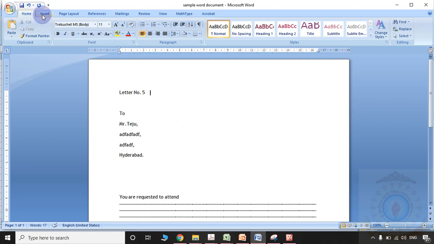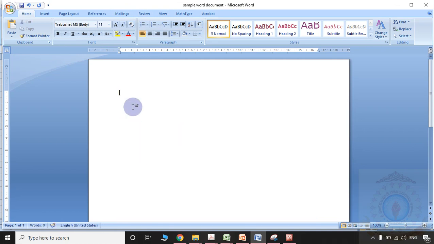In the MS Word document, please observe here several tabs are there. By using the mailings tab, how to create multiple documents easily, that was explained up to now. Now I will use the same concept to prepare certificates easily. I will show the demo very quickly.